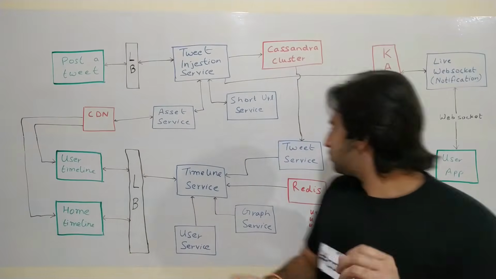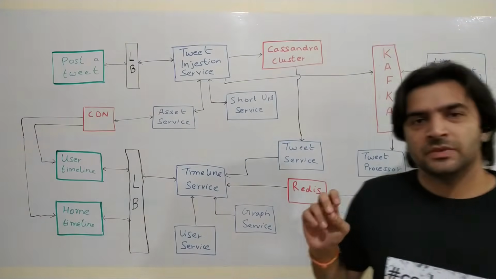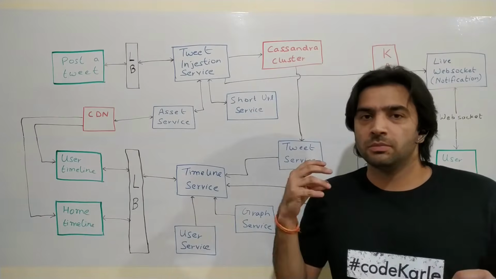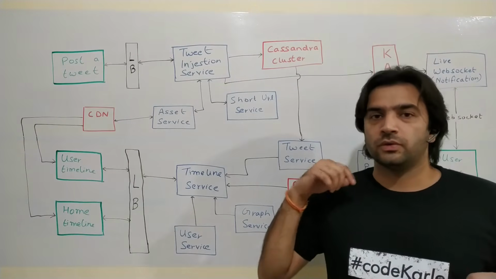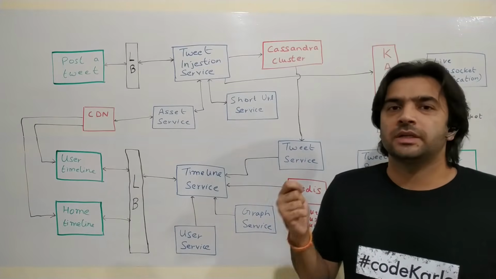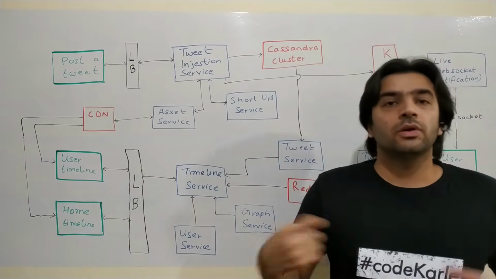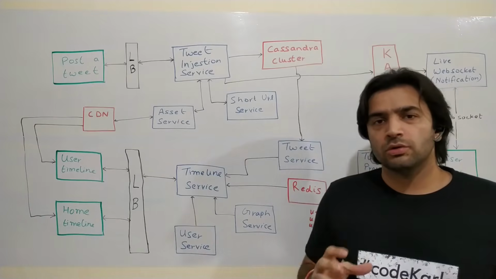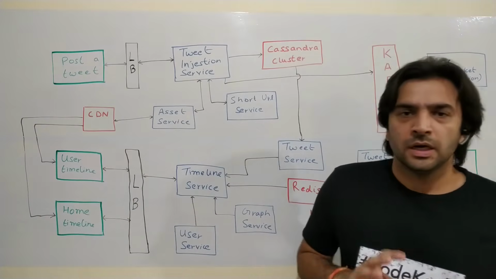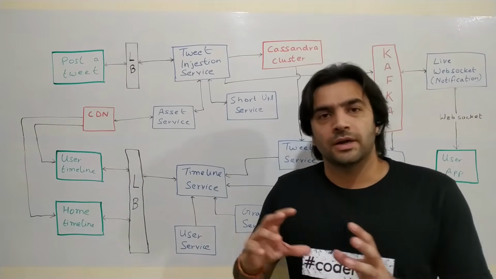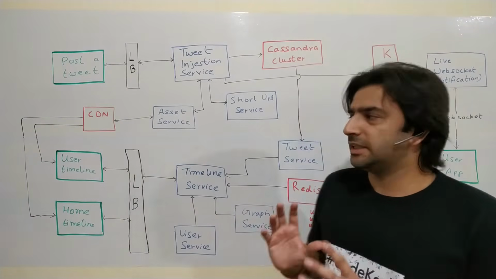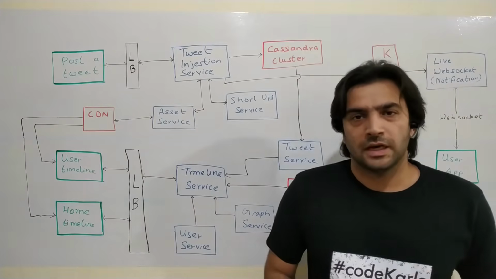So those kinds of things could be handled by the tweet processor. Whenever a tweet of a famous user comes in, don't update the cache of all the users, but just update the cache of other famous users that are following this user, right? So those are some nitty-gritties that can be handled depending upon how you are trying to build the system, right? But in general, this is something that should work out fairly fine.